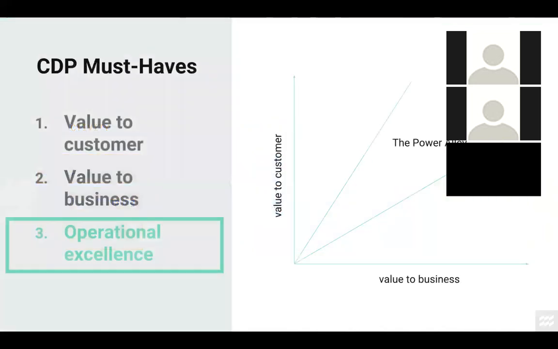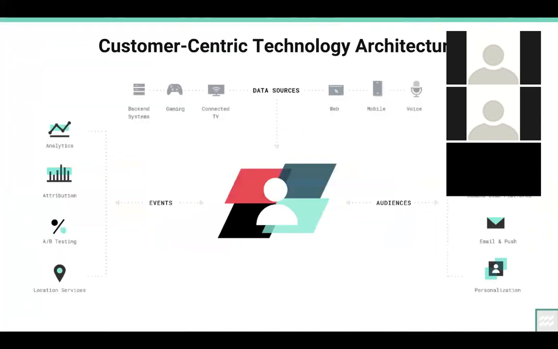So with that set up, I'll turn it over to Paul, who will talk us through some of the operational aspects and best practices of implementing a CDP. Great. Thanks, David. So in terms of operational excellence, I think it all begins first with building your architecture,